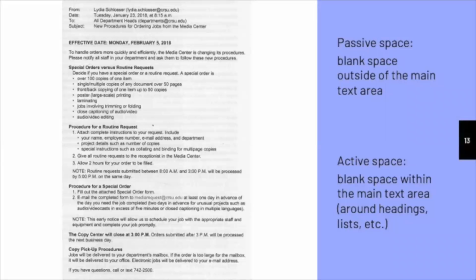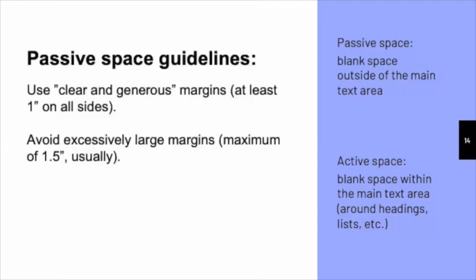For passive space, your main consideration, if you're making a print document, is going to be your page margins. You've probably never thought much about margins, but they're actually very important in providing the boundaries of your document area. In general, you want to use what the textbook calls clear and generous margins. Very small margins can make the text area overwhelm the page, so you want margins of at least 1 inch